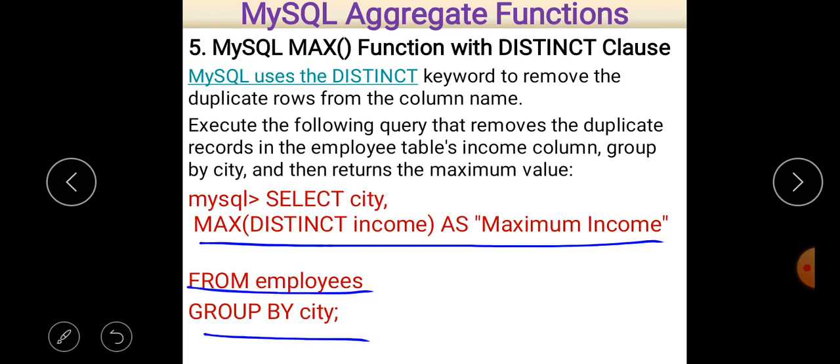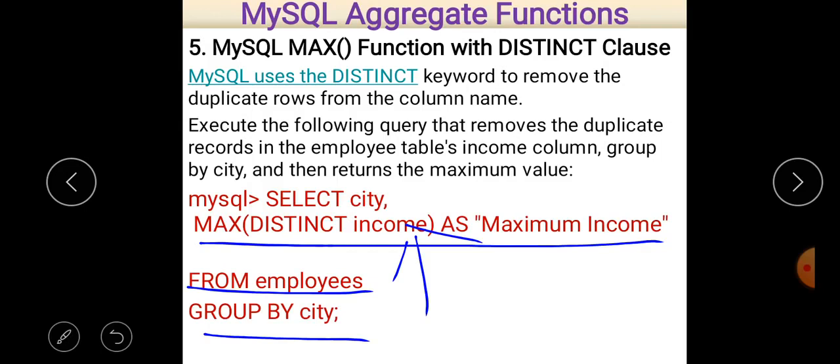In this example we can see that we pass income as a parameter and write the distinct keyword there, and the distinct keyword's task is to find out the unique income. If there is a repetition of an income, then it is considered only a single time here.